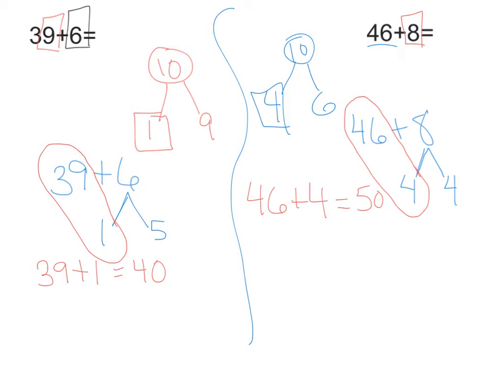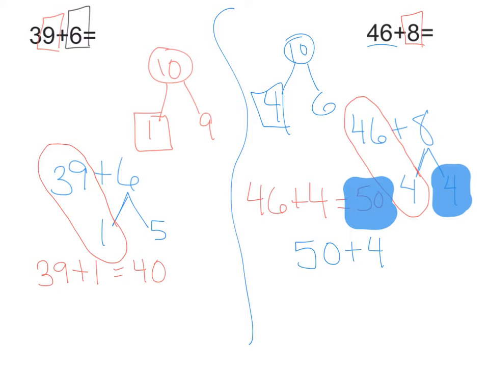So I need one more addition sentence where I am talking about this number here and this number here. So I'm going to now add together my newfound group of 10, which was 50, and my ones that are remaining from my original problem. So I have 50 plus